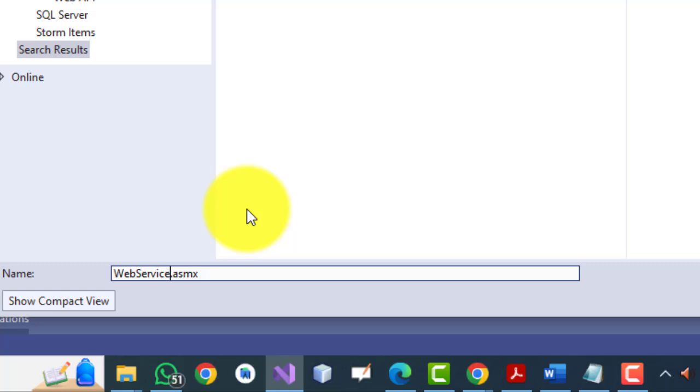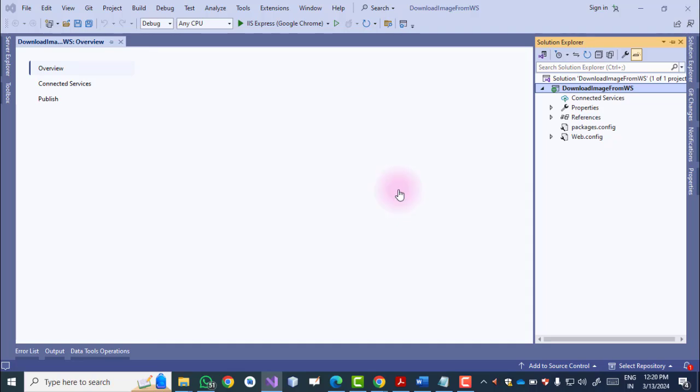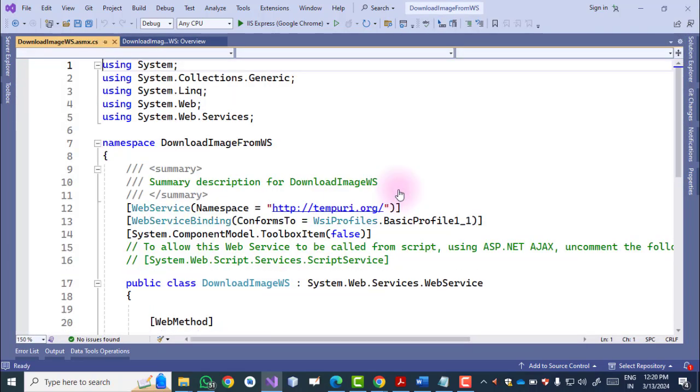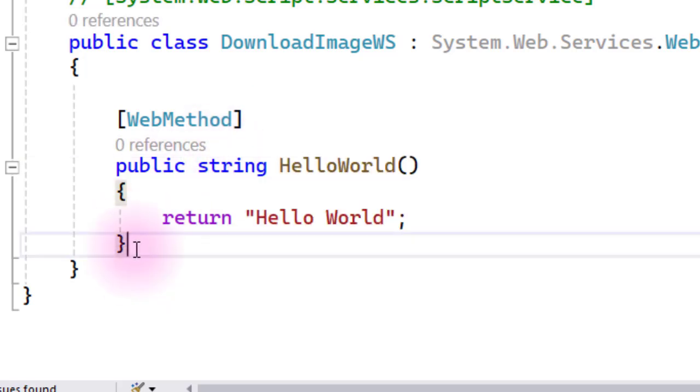This is my download image WS web service. Add. So here we have the default method, which is the hello method. Now we create a next method here.